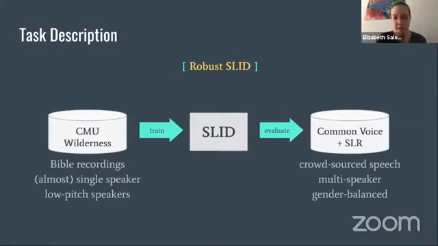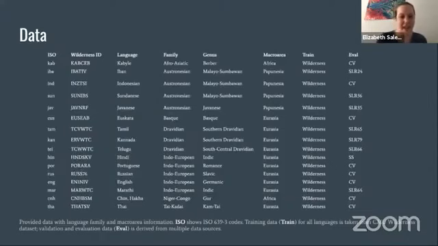Here we have a closer look at the data involved in this year's shared task. For each language, you can see the family, genus, macro area, and the source of the differing evaluation data. You can see that for some language families, we have included both more closely related languages, within the same genus, and more distantly related languages, to test the effect this has on our systems.